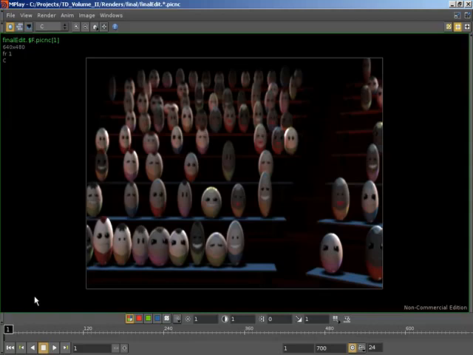Basically, we're going to come up with a digital asset that will distribute characters throughout our stadium, but an artist is going to come in with a request saying, hey, I really like the distribution pattern that I have here, but I would like to be able to add a character here, here, and here. So we're going to show you how we can go back in and make these modifications